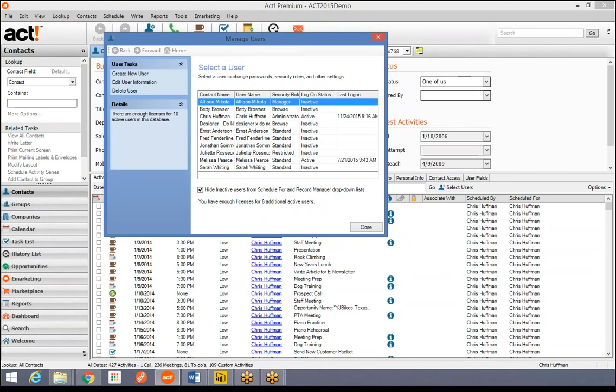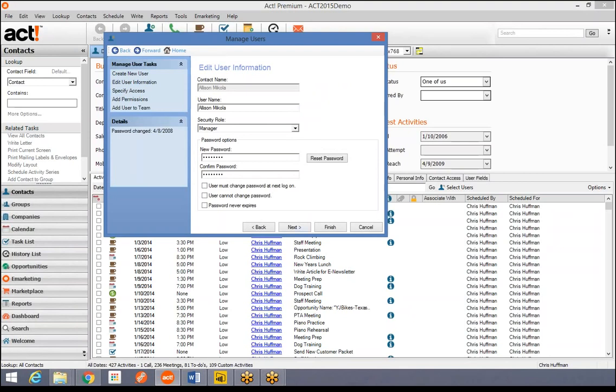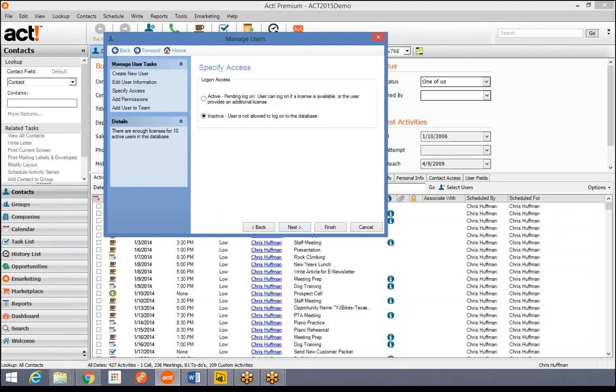Let me just talk about user status here. I'm logged in as a person named Chris Huffman. He's active. He's taking the license. But you see Allison McCullough here. She is inactive. She's not taking a license. I'm going to click on her. There's active and inactive. Now, normally what you do with inactive people is when they leave the company, you could just delete them. But